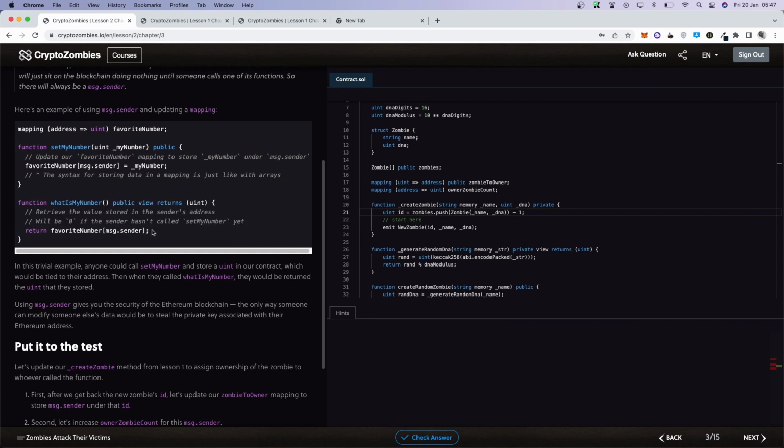Using message.sender gives you the security of the Ethereum blockchain. The only way someone can modify someone else's data would be to steal the private key associated with their Ethereum address. So using message.sender is a safe way of dealing with accounts in the Ethereum blockchain, because every account or every address has a private key, right? And let me show you what a private key looks like in Ethereum. If I go over to my MetaMask and I open it,